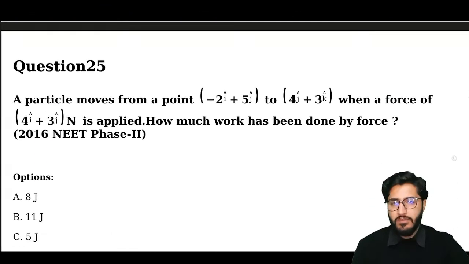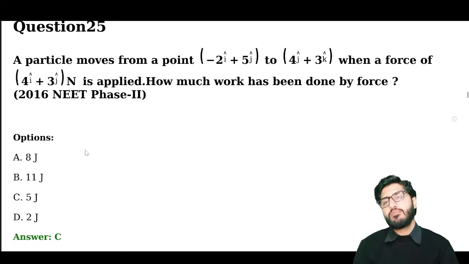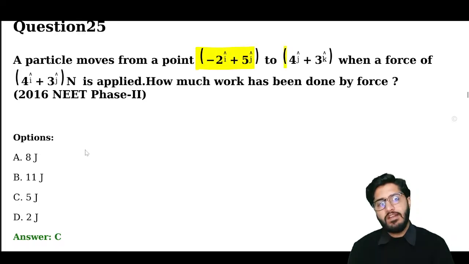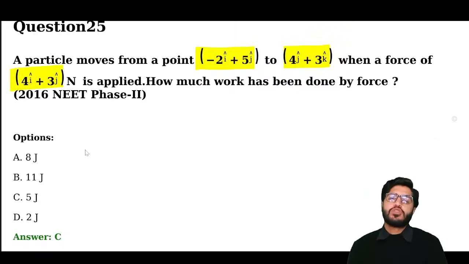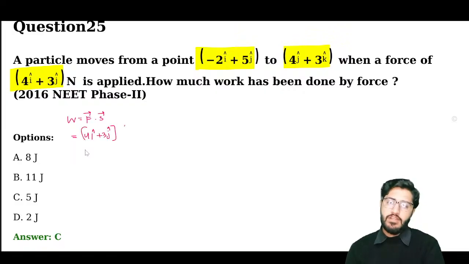Next one, question number 25. A particle moves from a point. So we have an initial point and a final point, so we can find displacement, when a force is also given. So what is work? Work done is equal to force into displacement. Force is 4I cap plus 3J cap. Displacement is final minus initial, which is 4J cap plus 3K cap